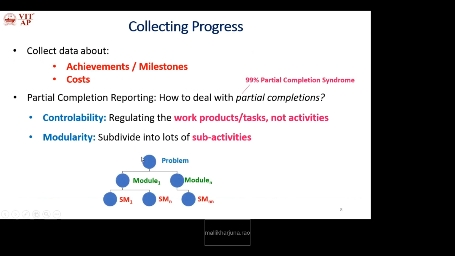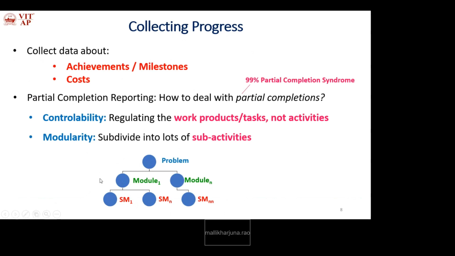Okay, so as we know, the problem is divided into modules, into submodules and so on. So this is one event and one achievement. This is a second event, second achievement. When we integrate these two, you will get the solution of this. So when will we achieve the solution of this? Whenever you find the solutions of all its child and grandchild problems. Okay, that is achievements.